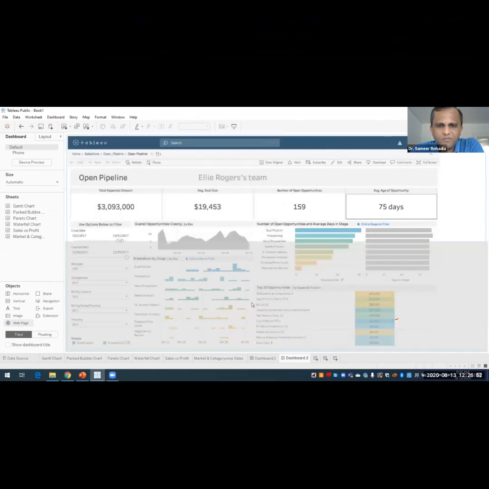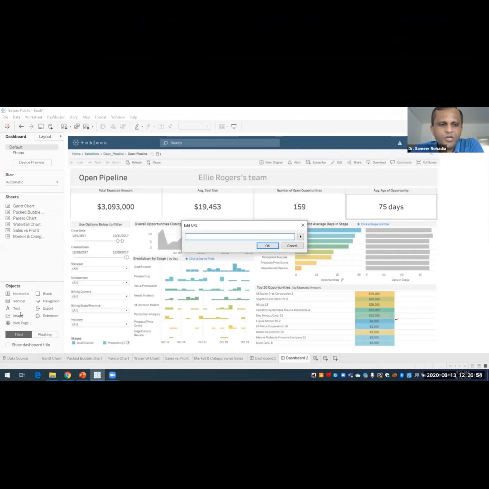As soon as I drag this web page over here on the main area, the center area, it is asking me the URL. Say for example, if I want to show the Tableau website over here, I simply write down tableau.com, or any website you want to show over here, and I click OK.